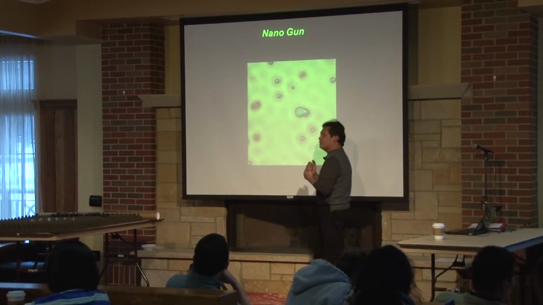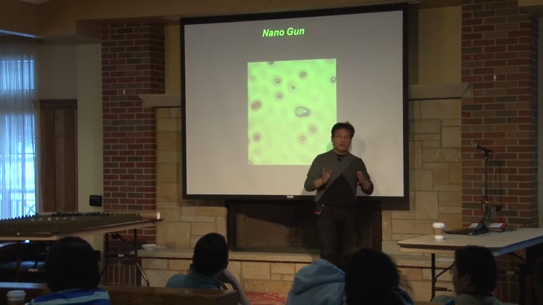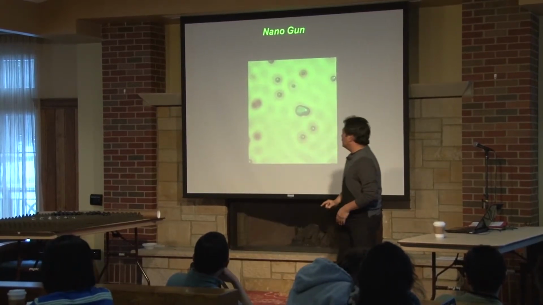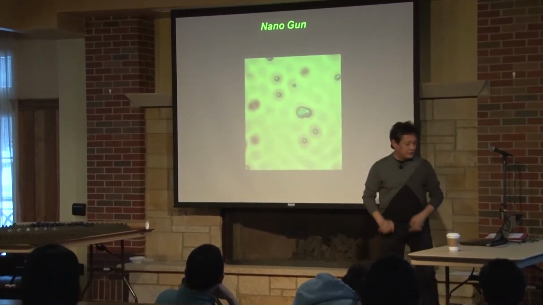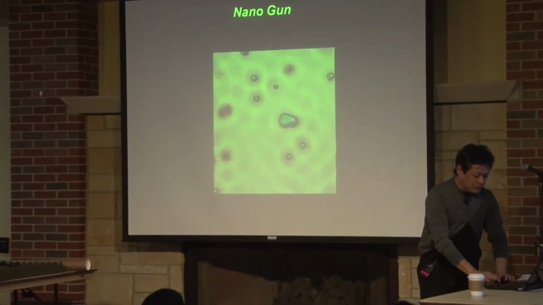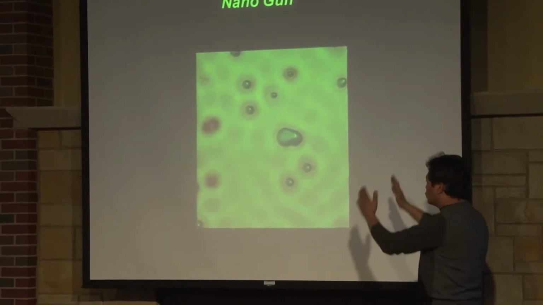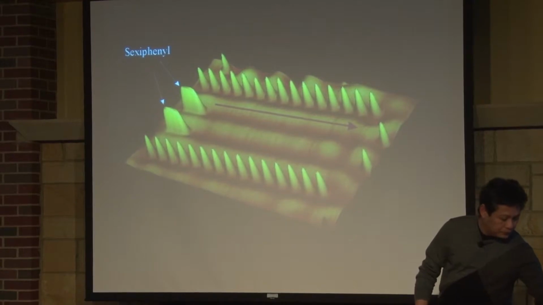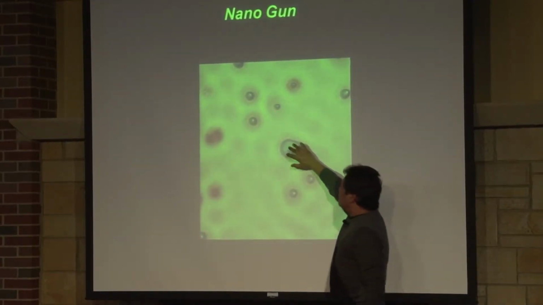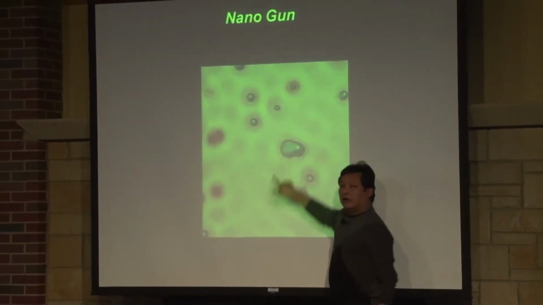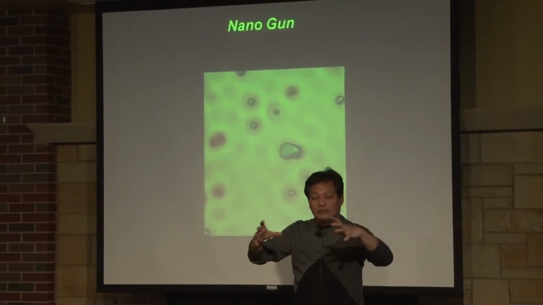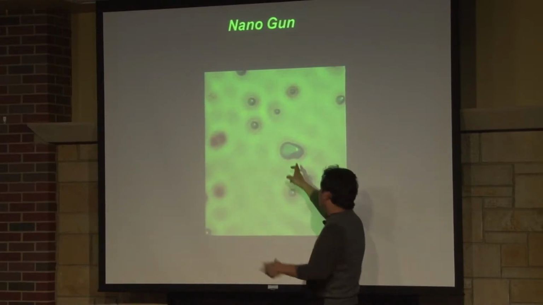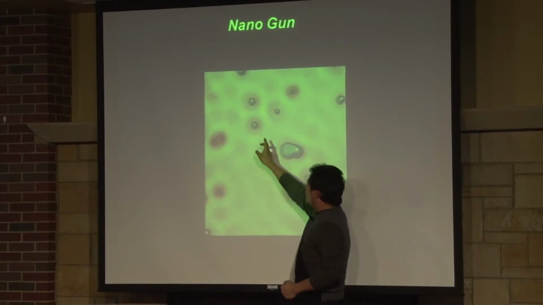In this case, we want to build a little structure where we can shoot molecules. It's like bullets, very precisely and very fast, but at the nanoscale. So here you will see a movie showing the construction of this structure. What you see here, this area, we call it the cluster. This is a little piece of silver. It has probably about 100 atoms inside. These are individual atoms, okay?